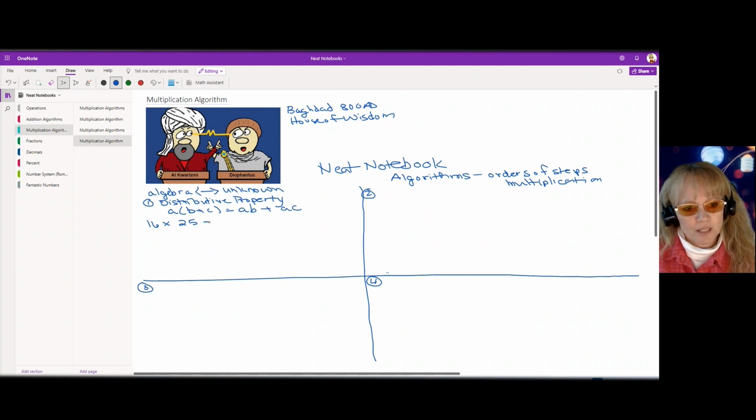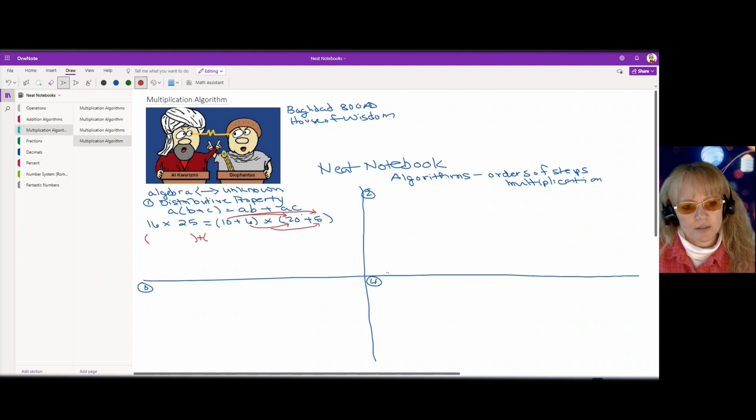So we're going to do equals (10 plus 6) times (20 plus 5). All right, and then I'm going to get out another color, and I'm going to show you with some arrows what we're going to do. First, I'm going to take my 10 and multiply it by both of these parts, and then I'm going to take my 6 and multiply it by both of these parts. And I'm going to wind up with,